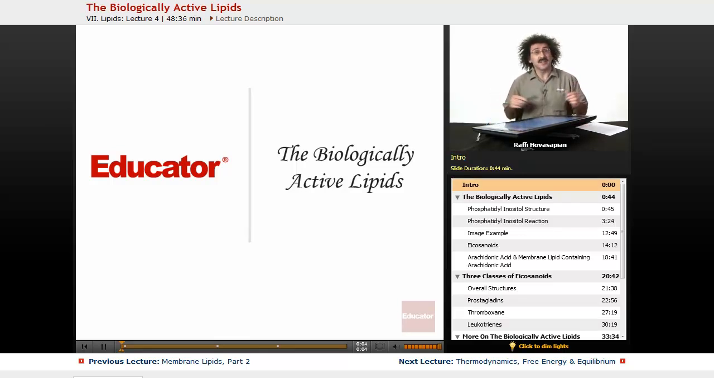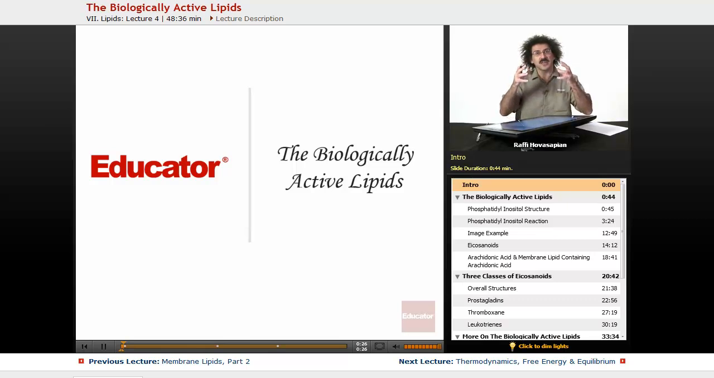So we've been talking about lipids for the past couple of lessons, and today what we're going to do is close out our discussion of lipids by talking about what I call the biologically active lipids. That's not to imply that the other lipids are not biologically active, but what I mean by that is that these lipids that we're going to talk about today, they are not used as fuel storage, in the fat cells